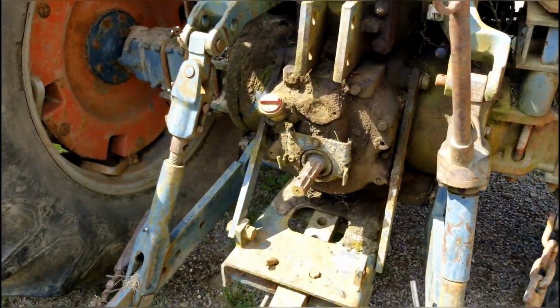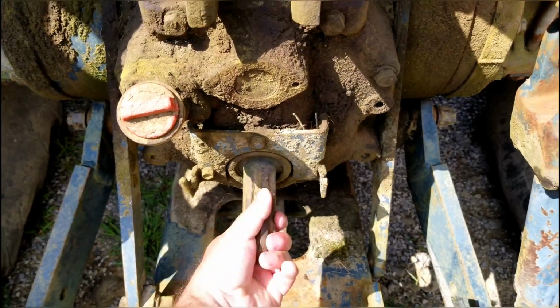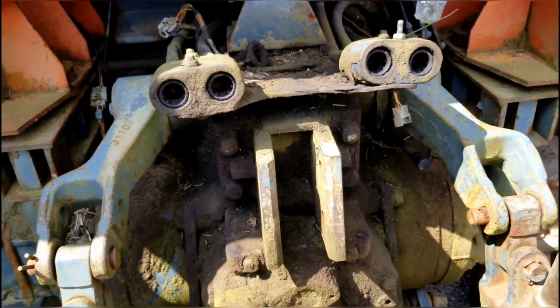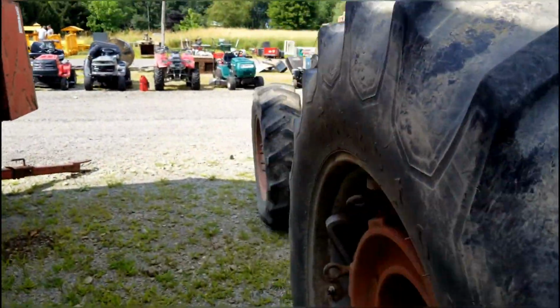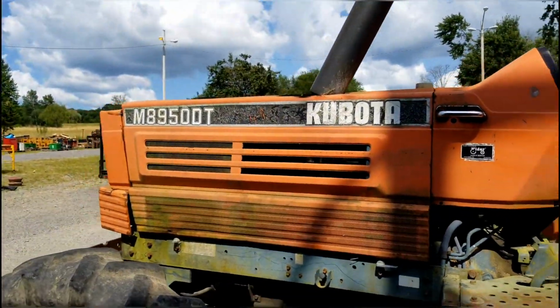You know, I mean, yeah, it's rolling, but I bet there ain't nothing in the rear end on this. It's all on the outside here. Yeah, I don't know. Interesting, old